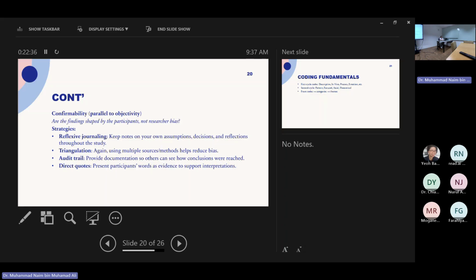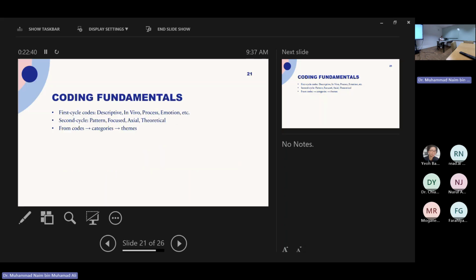Okay, and an audit trail, direct quotes. Direct quotes you take from your coding. So coding fundamentals: there are several cycles. First cycle coding, we call it open coding. This is everything that you feel answers your research objective or research question. Anything that you feel is somehow related to my research, you highlight and